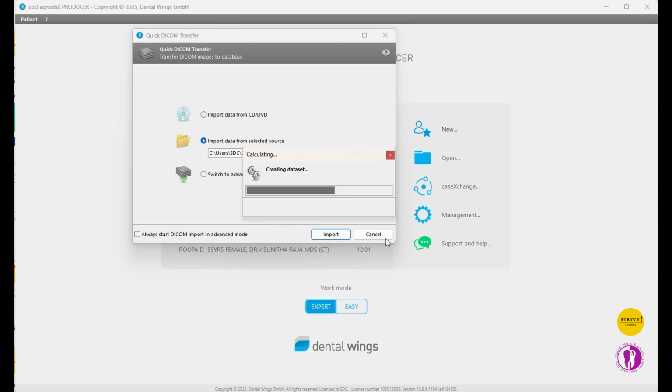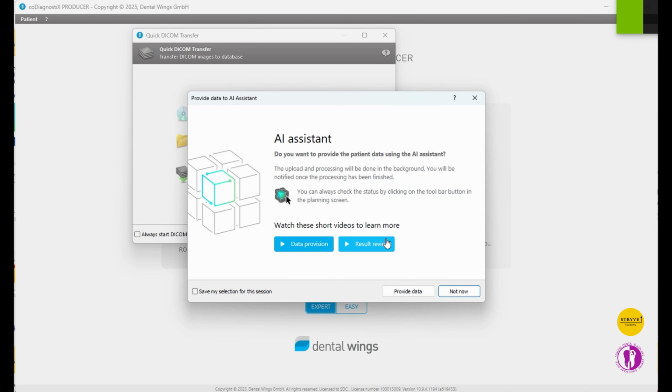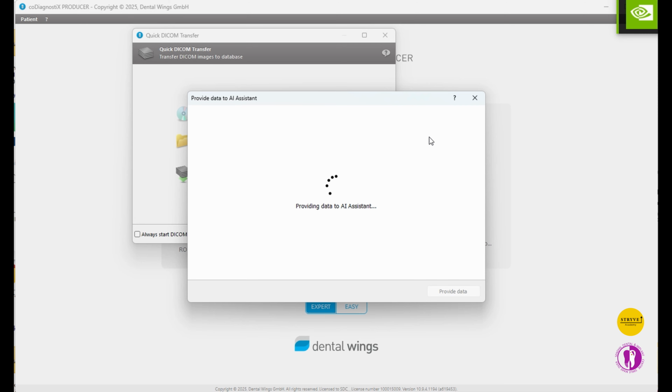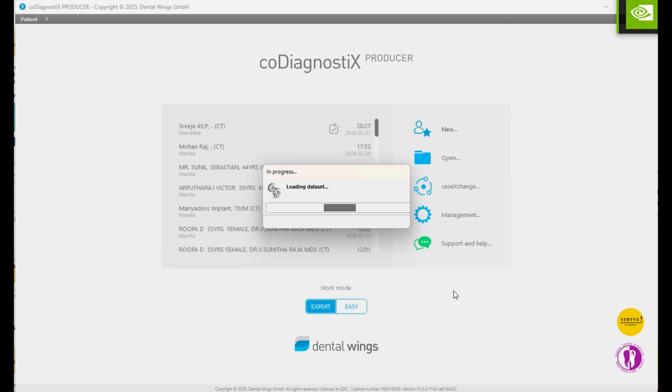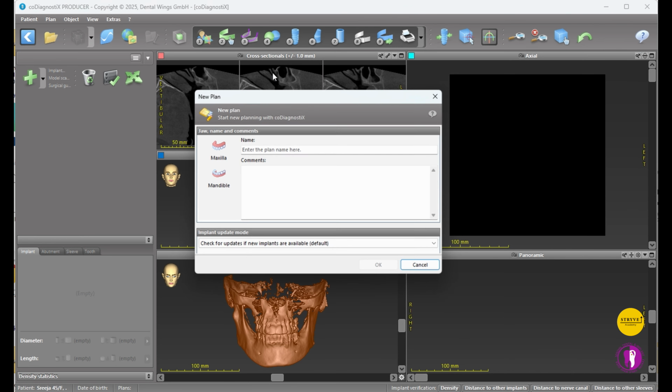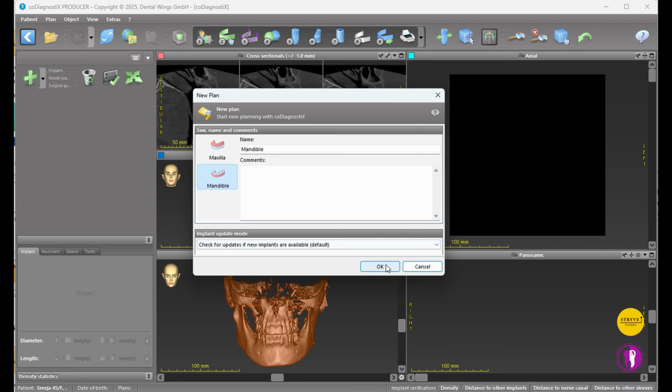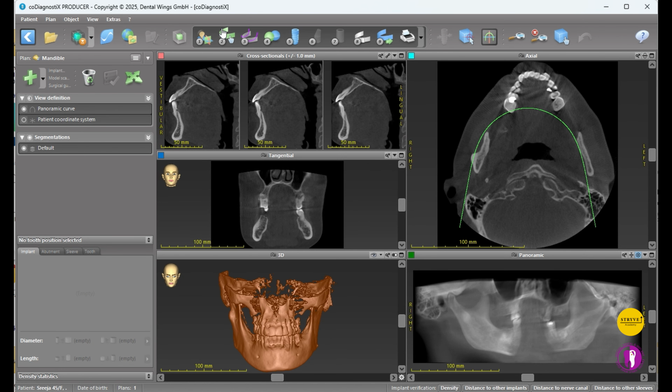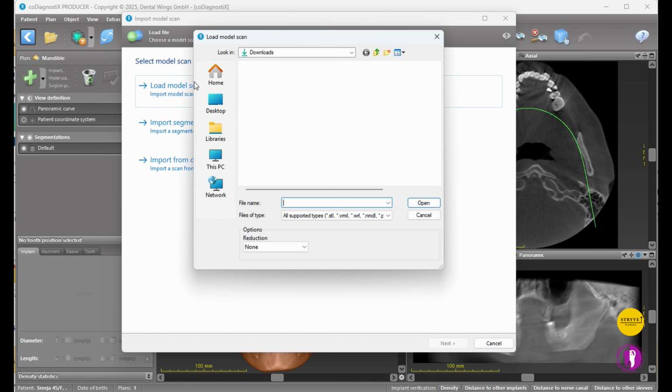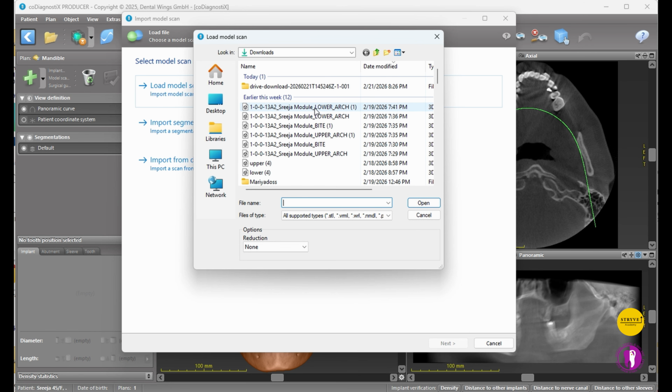Okay. So it will take some time for the file to get imported, and automatically it will ask you whether to give it to the AI assistant. Please give it to the AI assistant to process the data set. As you can see, that third green button is the one for the AI. Now what we are also going to do is to give